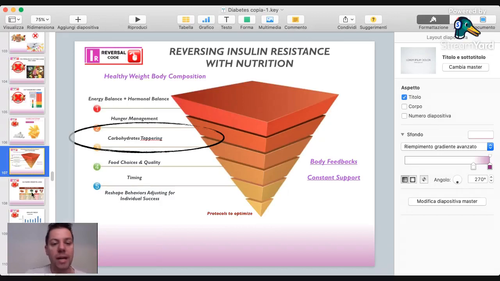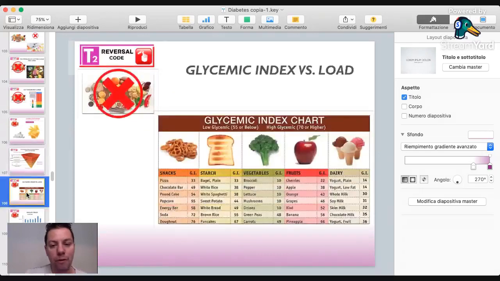So carbs is not as important as people want you to believe, because if you've been watching until today, chances are you've been guiding yourself with this thing called glycemic index, right? If you have a low glycemic index, it's a good food to eat. If it's higher glycemic index, it sucks. And this is what you heard until today. Then